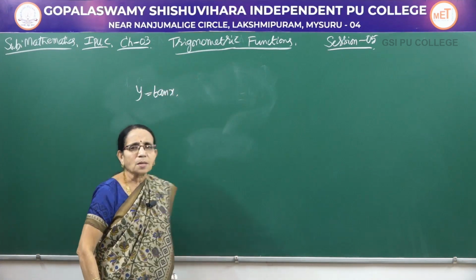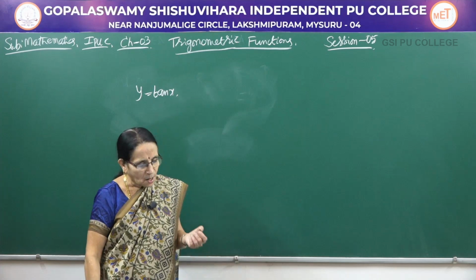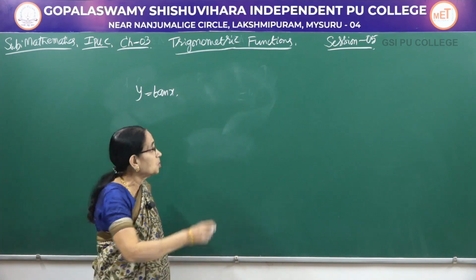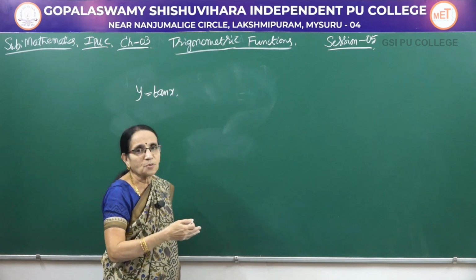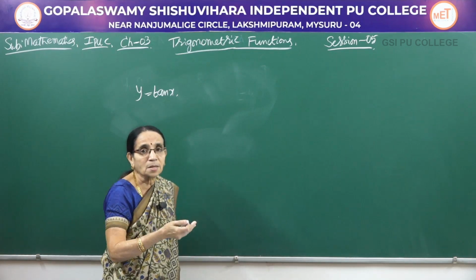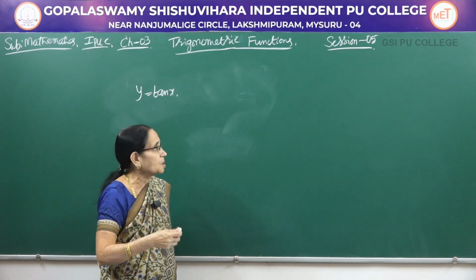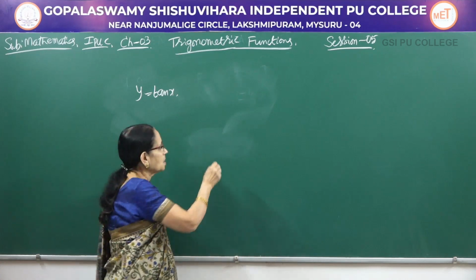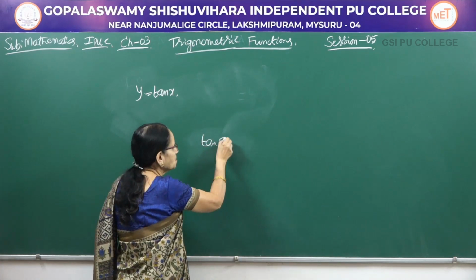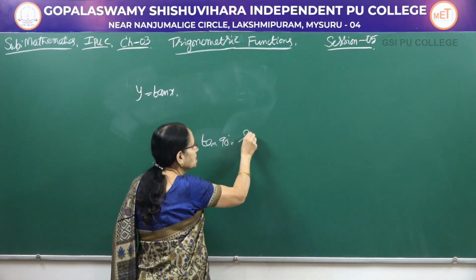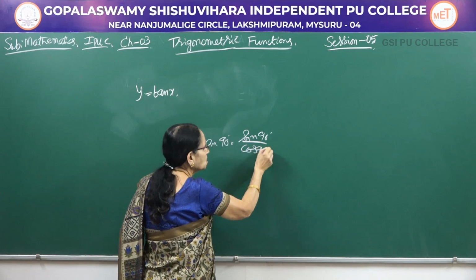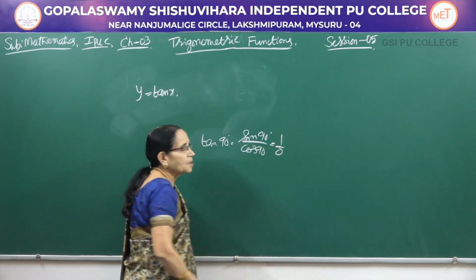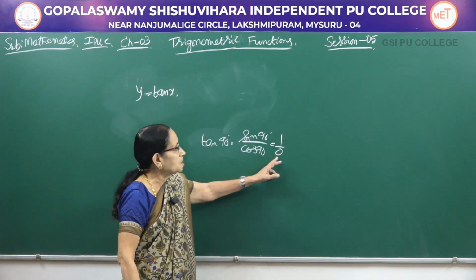Now, here you can give any value for x, but there is one condition you have to remember. See, when we are discussing the values of tan theta, for tan 90 as well as tan 270, see, tan 90, what happens? Tan 90 means sin 90 divided by cos 90, isn't it? And you know that sin 90 is 1, cos 90 is 0. So, we get 0 in the denominator here.